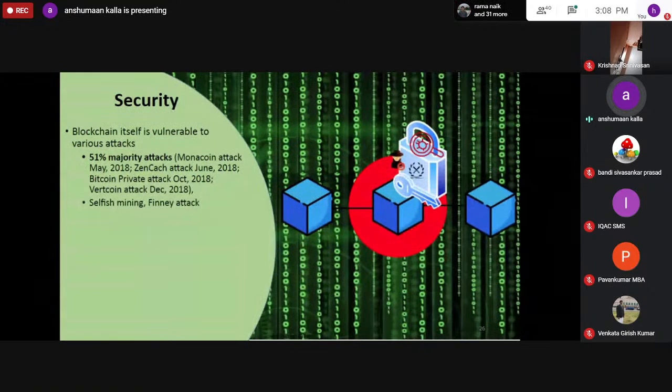If it does not broadcast, then the other miners in the network will not know that the transaction has happened, right? And so that miner holds the block for a certain duration, and during that time, this attacker tries to spend the same money with another merchant who accepts unconfirmed transactions, right? Since the blockchain system takes some amount of time to mine a new block, unless and until the block is mined, the transaction does not get confirmed and does not get logged in